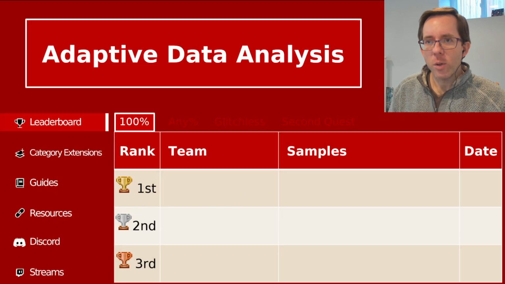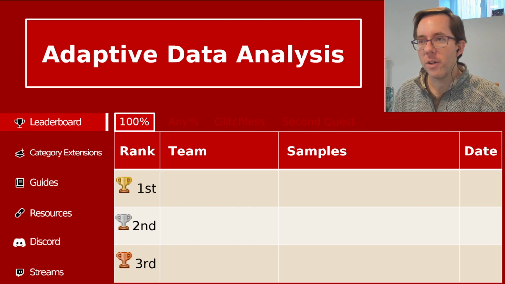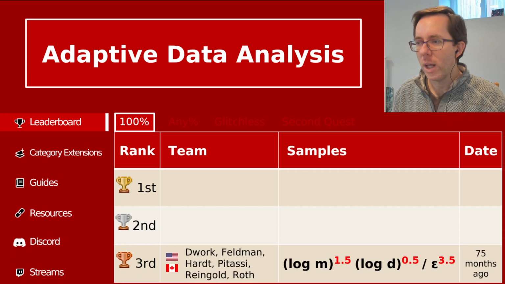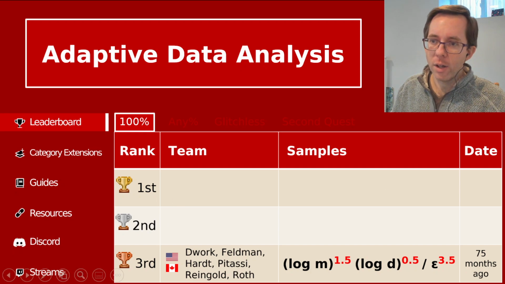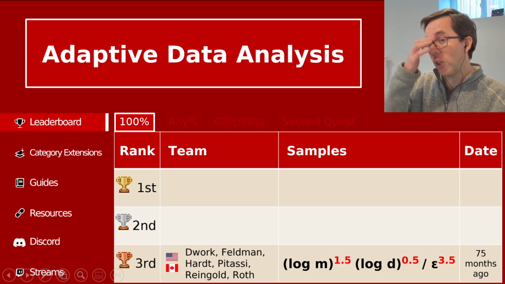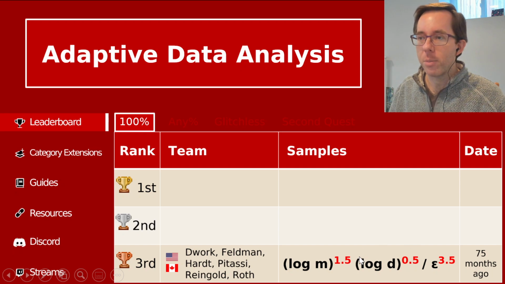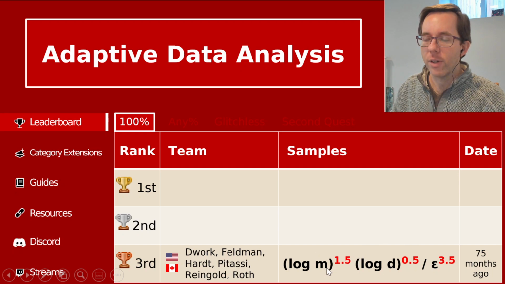So let's check what's been done, what are the records for this problem of adaptive data analysis. And I'll tell you 3 results that are known about it that came out, well, I suppose over 5 years ago. So the group of researchers who originally introduced the problem were Dwork, Feldman, Hardt, Pitassi, Reingold, and Roth. And they showed that you can solve this adaptive data analysis problem with a number of samples that depends polynomially on log m, the number of events, log d, the number of outcomes of the die, and epsilon, the accuracy. And they got log m to the 1.5, log d to the 0.5, divided by epsilon to the 3.5. And I'm ignoring maybe polylog log factors in all of this.